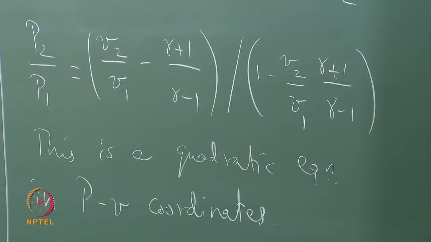If I replace the P2 with a P, I can show that this is a quadratic equation in PV coordinates,